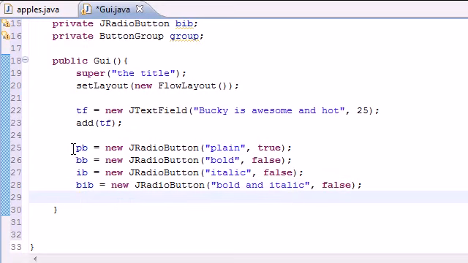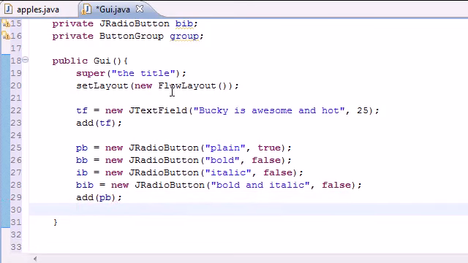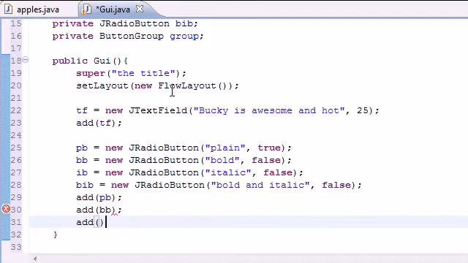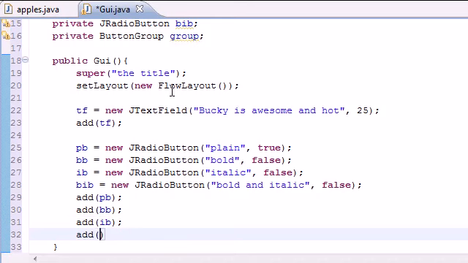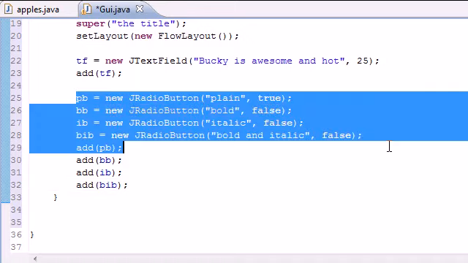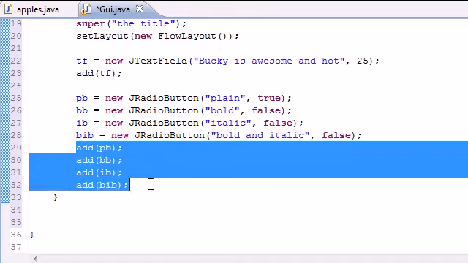So now that we created these four button objects, we can go ahead and add them to the screen using add and PB. They should make this so you can add multiple ones at one time, but I don't think they do. So add BB, add IB, and add, what else we got here? Bib. Boom, boom, boom, boom. There, that's enough of that. So now we pretty much created four buttons, and we actually added them to the screen so that they showed